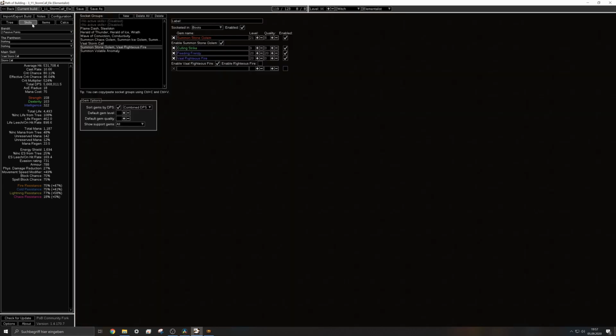But before I go back to the game, I will show you how important it is to actually have your golems enabled and active. Without the golems, my damage goes down by a lot. So when I disable all my golems, I'm at 3.8 and not at 5.6, so that's a huge damage loss. So you want to have your golems alive